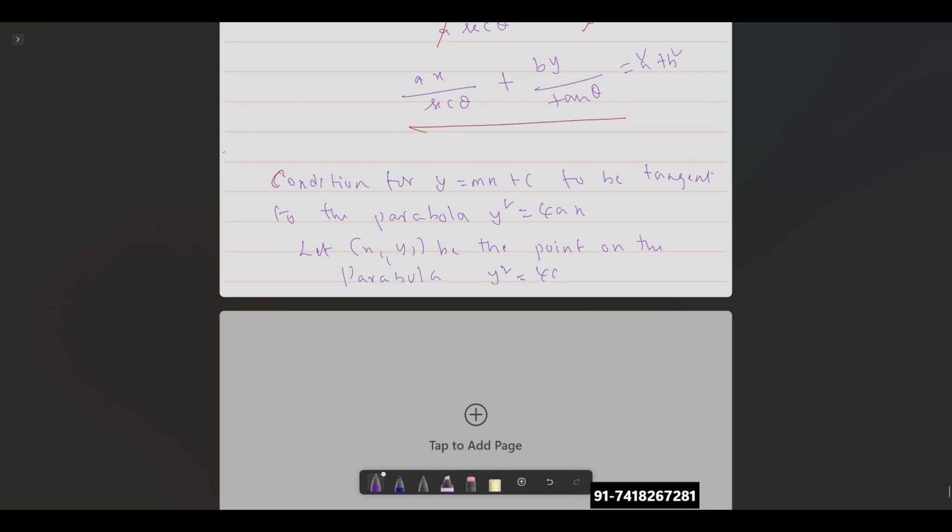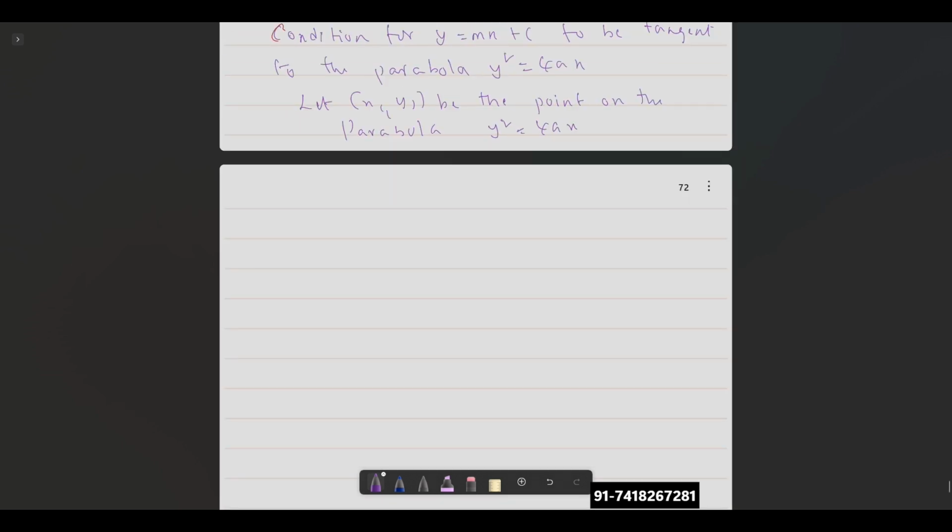y² = 4x. That means what? y1² will satisfy this equation: y1² = 4a x1. Okay. So tangent means, if you have the point (x1, y1), what is the Cartesian form of